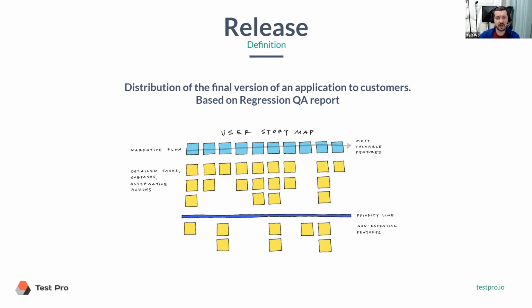Even Google or Amazon, they all have bugs in production. Usually they are not that high priority, so it's okay. It doesn't really block you from using the application, but that's another art of testing and deploying without major serious